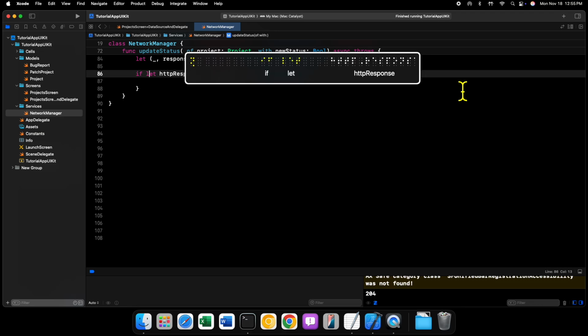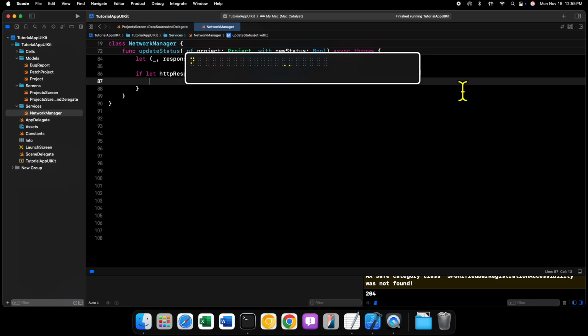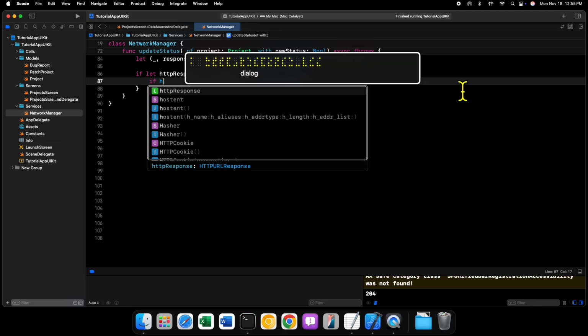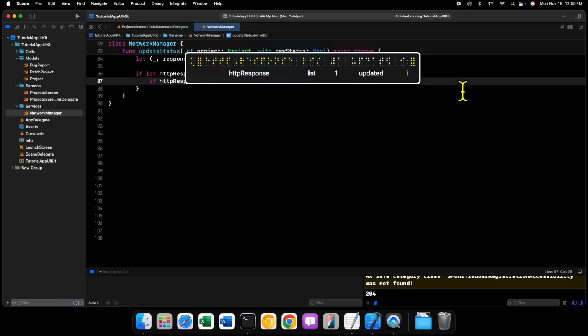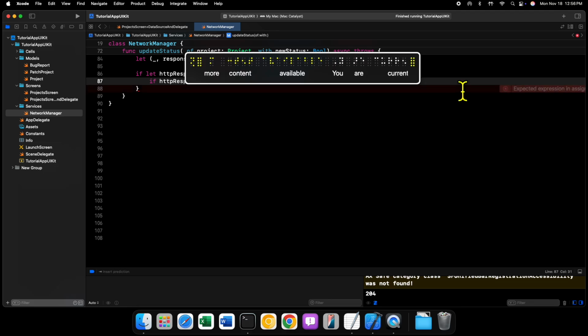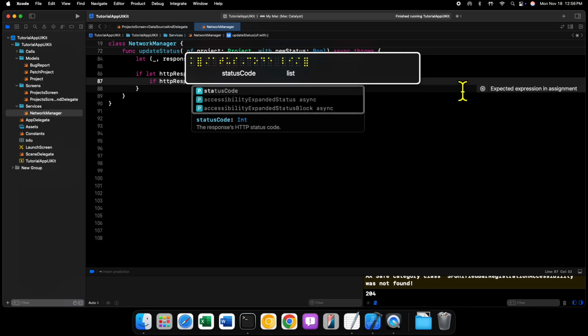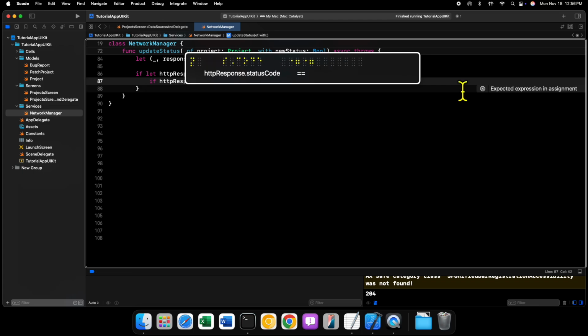And if that does succeed, we will have access to our status code by saying if HTTP response dot status code is not equal to